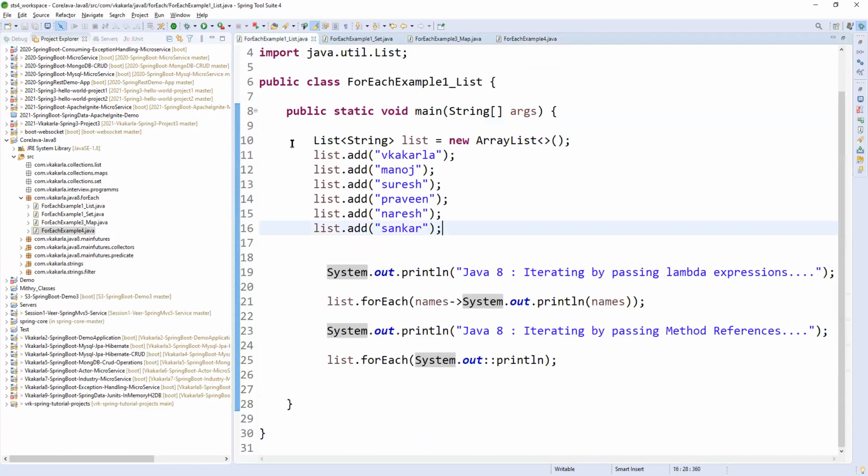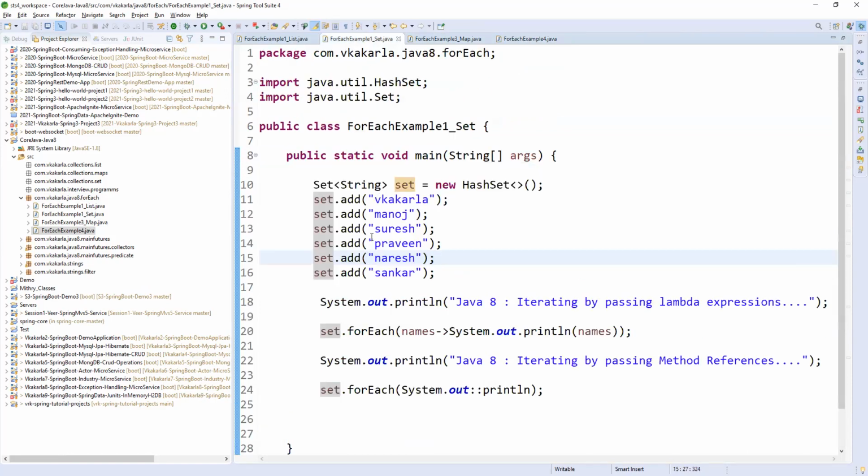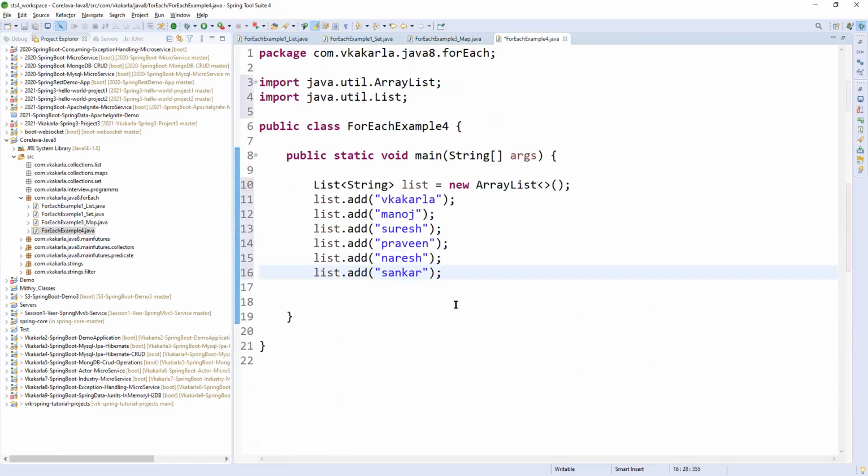So let me take this. Let me run using simple for each. For each means Java 8 for each.